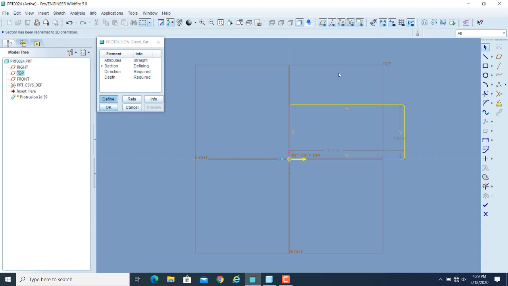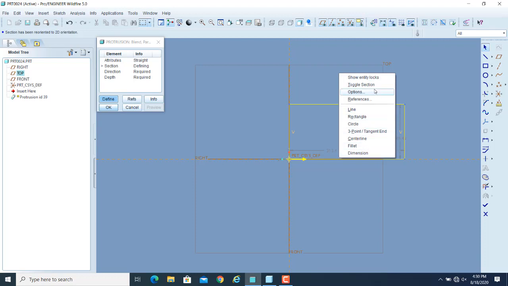the sketching screen. So if I right click, I have different options on that pop-up, and one of the options is the toggle section. So this is the shortcut for that. So I can directly click on the graphical screen my right mouse button, and then I can go for the toggle section. So if I click on that toggle section,